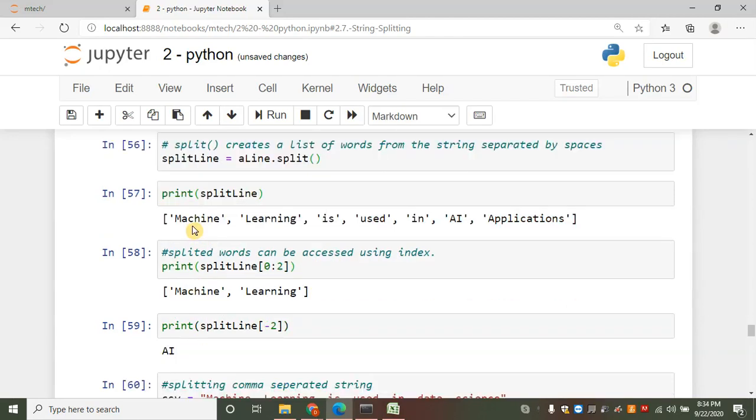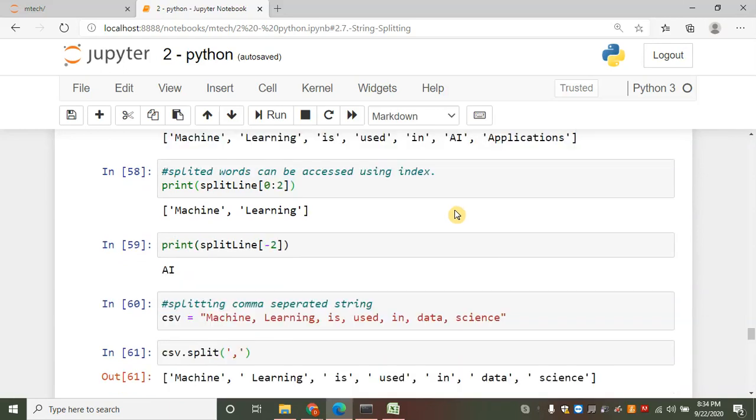So we can access machine using the index 0 and applications using the index -1. So split_line[0:2] will slice machine and learning from the list. Similarly, split_line[-2] will slice this AI from the list. We will discuss more about lists in future tutorials.